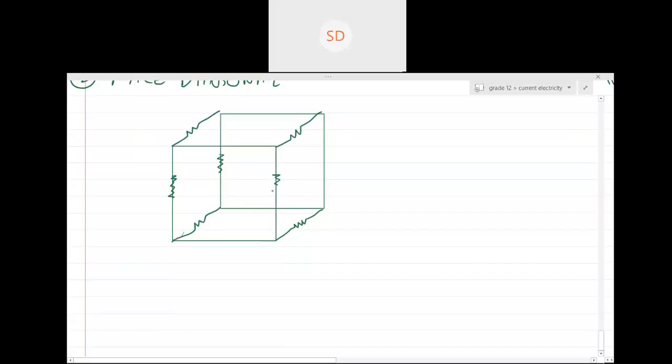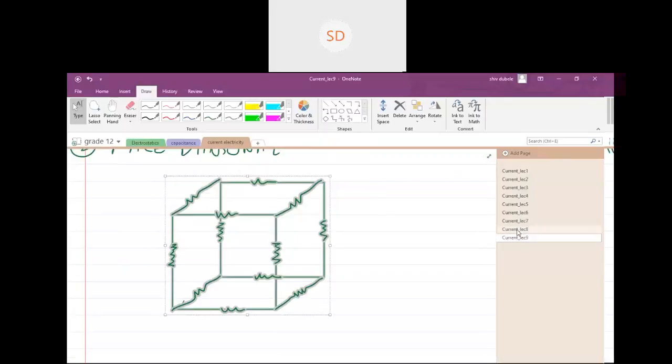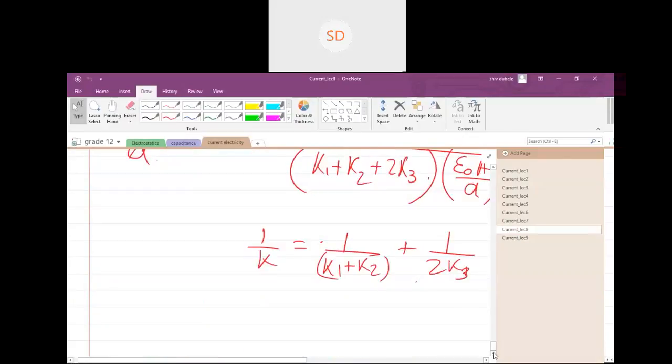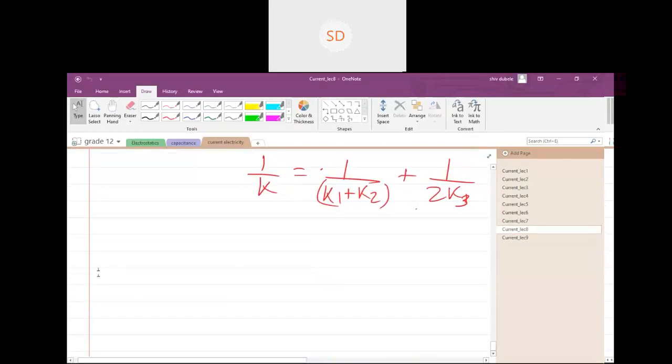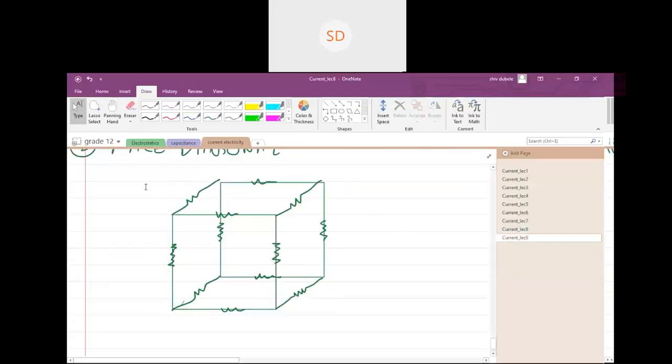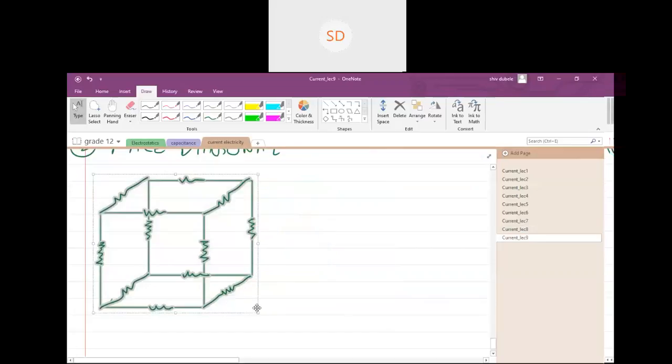1, 2, 3, 4, 1, 2, 3, 4. Now basically what are we connecting? Let me just copy paste it somewhere. Control C, because I'll be using it again and again and we don't want to draw it. You people need to draw it obviously. So guys, suppose this is your circuit. Shall I make it a little bit bigger?